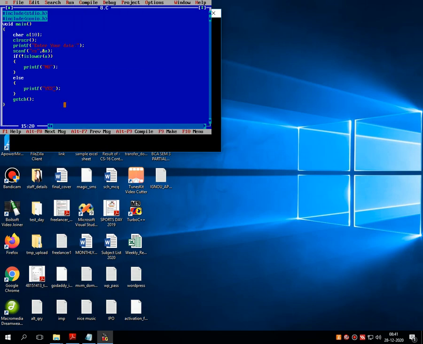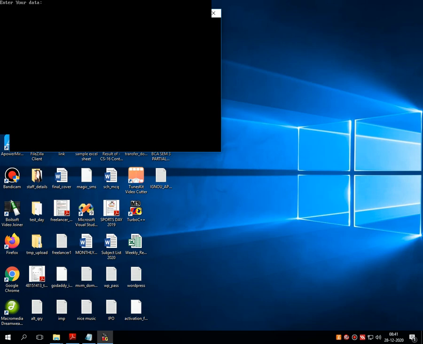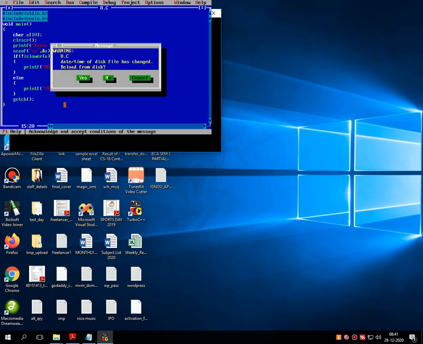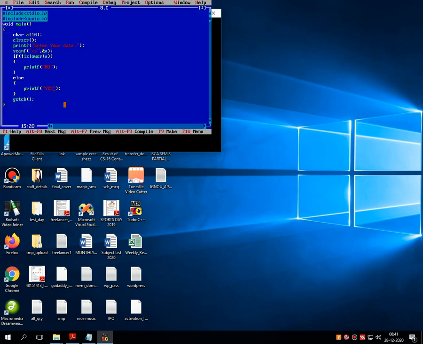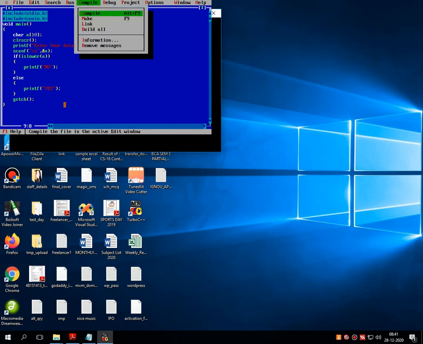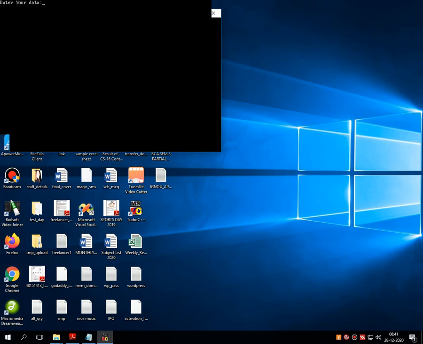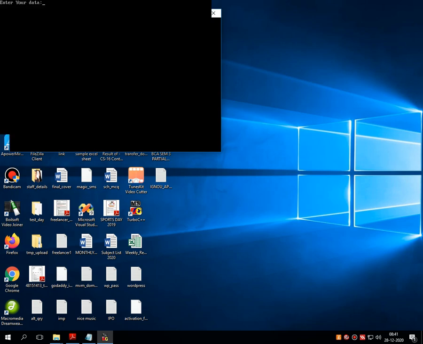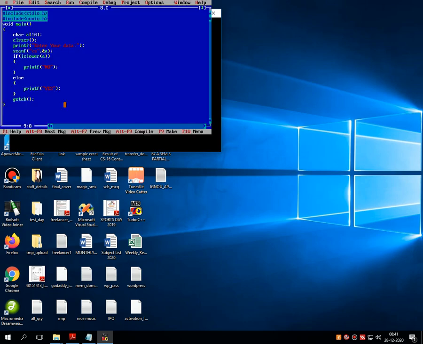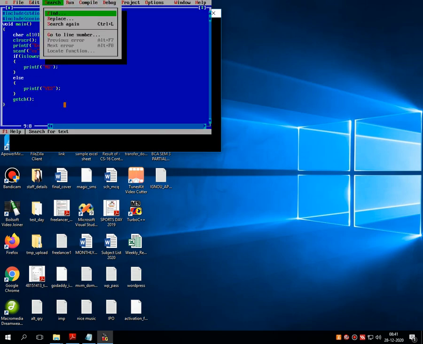Let's check. Let me enter lowercase. It returns no. Let me enter uppercase. Even then it returns no. Okay, remove this no. Then let's check. We enter small. It returns yes. Then let me enter capital. Not working.